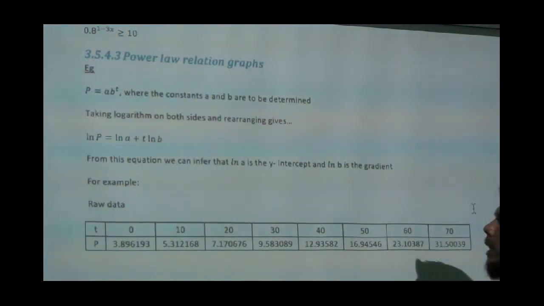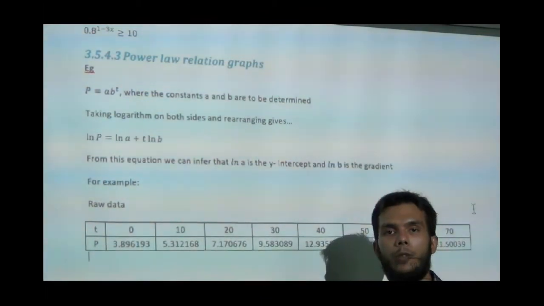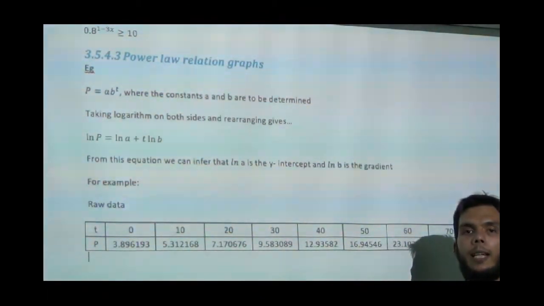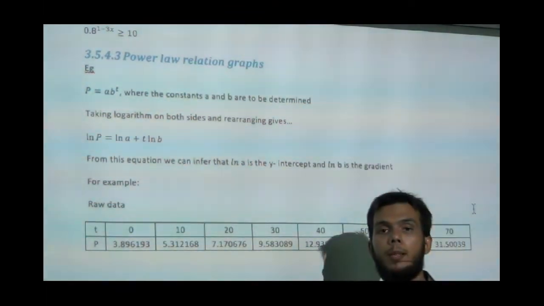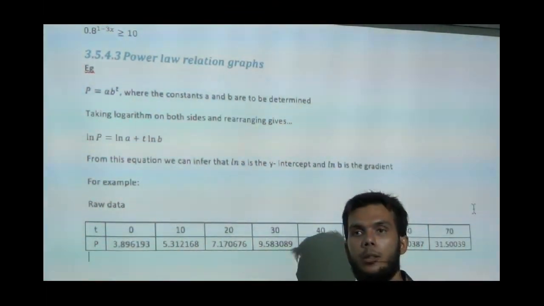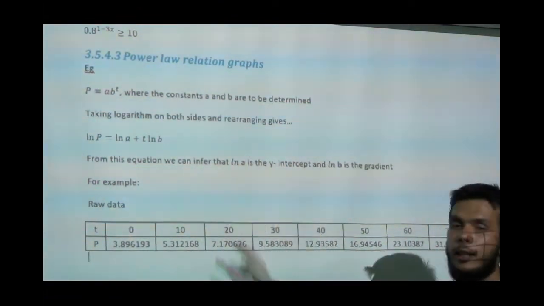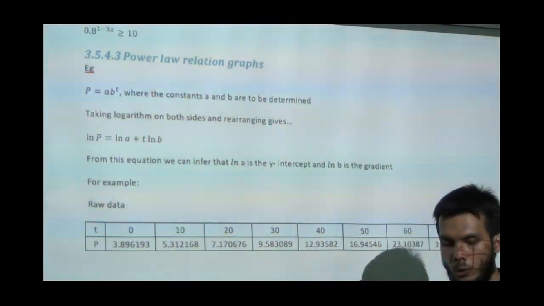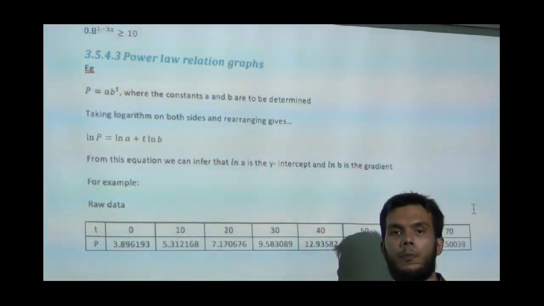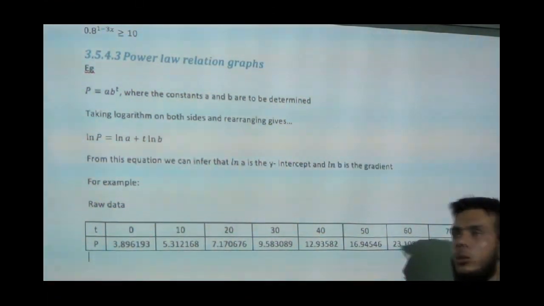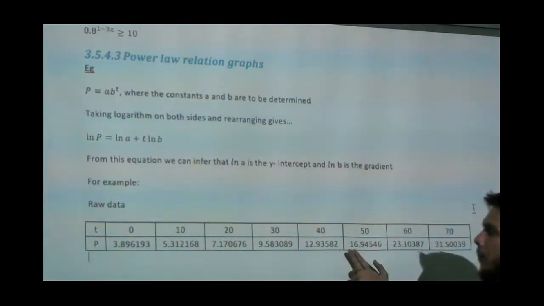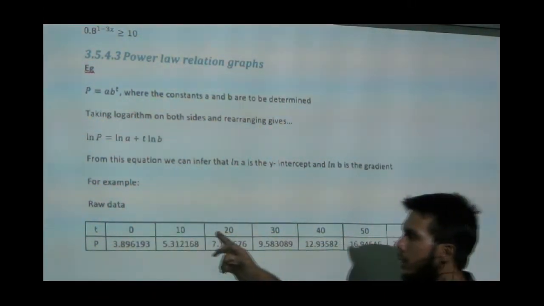ये हमारे पास क्या है? p हमारे पास एक डिपेंडेंट वेरिएबल, सॉरी t हमारे पास इंडिपेंडेंट वेरिएबल है, और ओवर हियर यहाँ पर t इज एक्टिंग एज एन एक्सपोनेंट. तो ये हमारे पास एक रिलेशनशिप है. प्रॉब्लम इज वी डोंट नो द कांस्टेंट्स a and b, so we use the technique of logarithm to solve this scenario. ये हमारे पास एक सेट ऑफ डेटा गिवन है, हम लोग देख सकते हैं as t increases, p is increasing, but the increase in p is